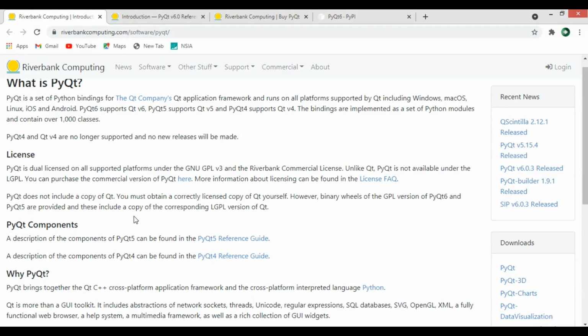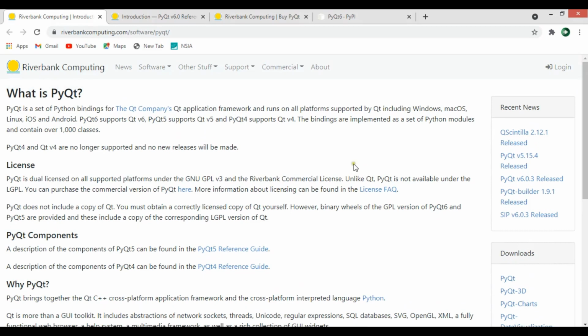Now, I already have a lot of videos on PyQt, especially on PyQt5. And as you know, there are different versions of PyQt in recent years. We had PyQt4, after that PyQt5, and now it's time for PyQt6. Now you can see that if you see the documentation in the